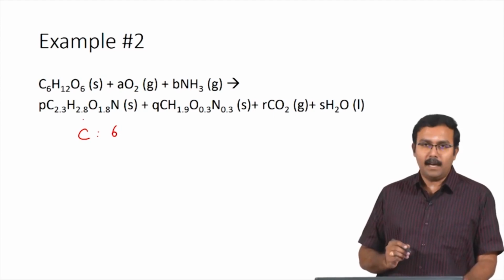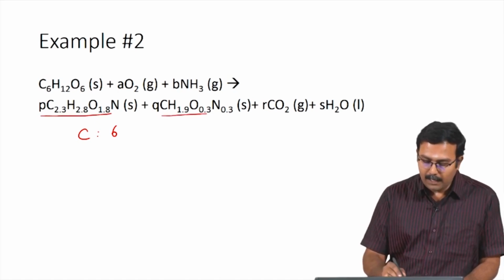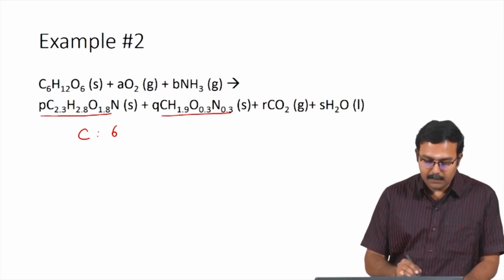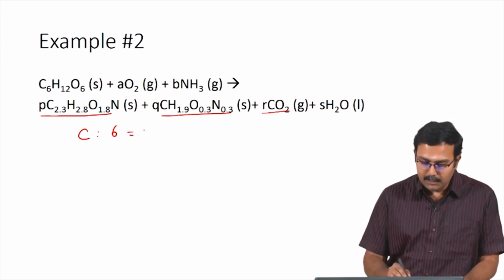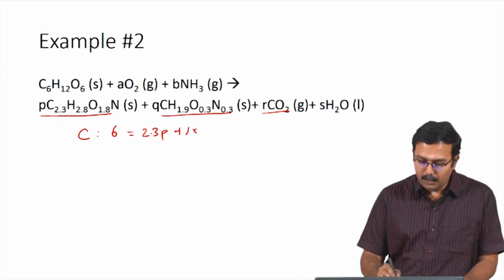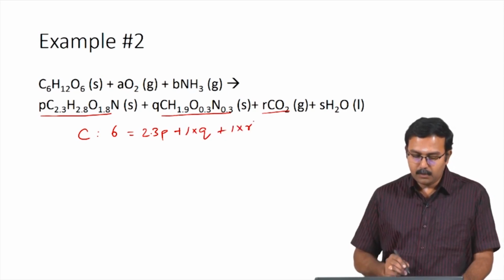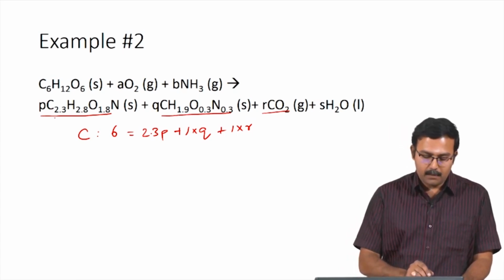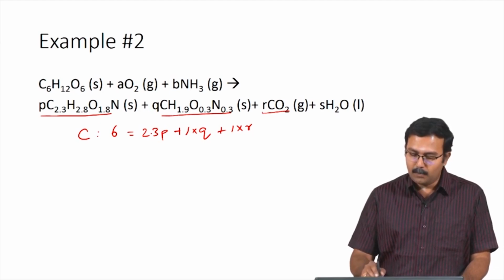The product stream has carbon coming in as humulin and as biomass. The humulin coefficient has been given as P, and you also have carbon in carbon dioxide. So, using this you have 6 = 2.3 times P plus 1 times Q plus 1 times R. This becomes your balance equation for carbon. You have 2.3 atoms of carbon in humulin, 1 atom of carbon in the biomass and 1 atom of carbon